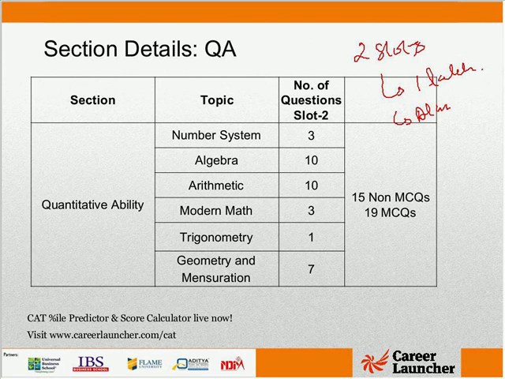So when you look at normalization, it is going to be fairly accurate, and my guess is the raw scores will not change significantly with normalization. If your score is X, it could become X plus or minus 1 or 1.5 after normalization. Okay, so one slot will get extra, another slot will go down, but it's going to be 1 to 1.5 marks only. I don't see that as an issue.